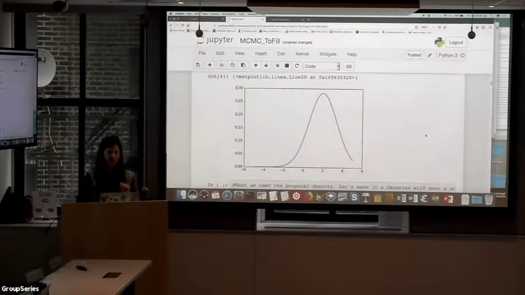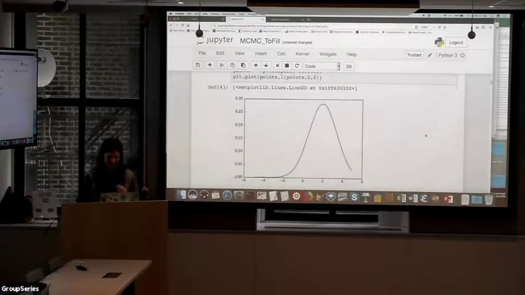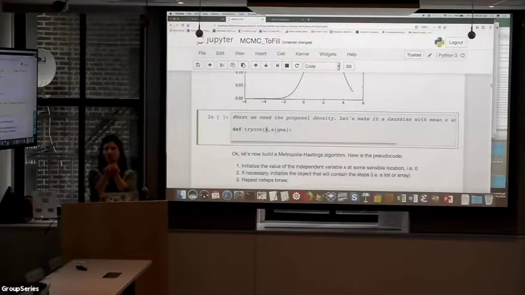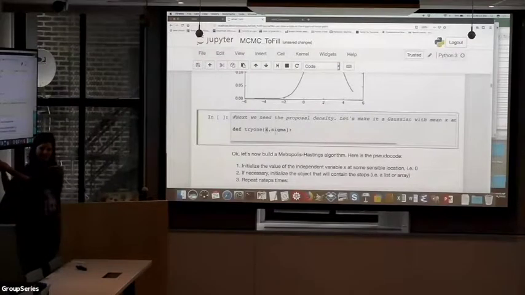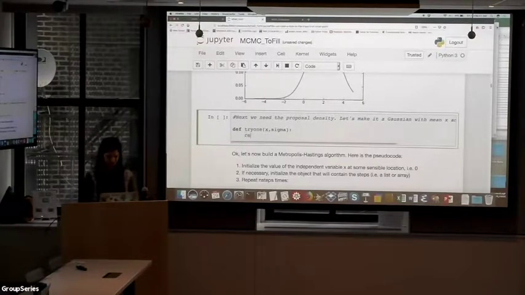Okay. Then the other piece that we need is a proposal density. And guess what that would be? Another Gaussian! Yes, we love those Gaussians. And so I called it try 1. And in general, the proposal density will be centered at the point where we are. You don't want to center it somewhere else because this doesn't make too much sense. So typically, it will be centered where you are, and then it will have a certain standard deviation or variance that tells you how far away typically you will go. And so here in 1 dimension, I'm going to say, okay, this proposal density should return